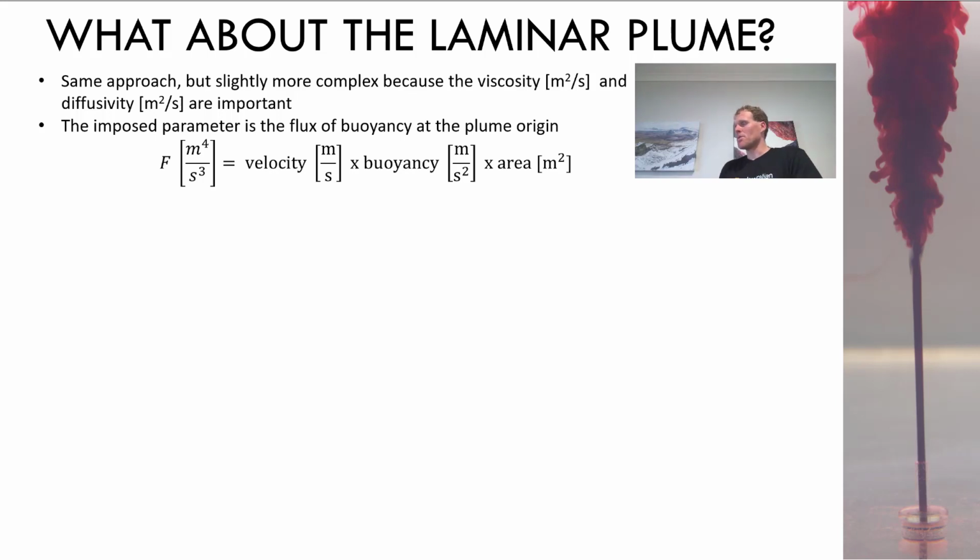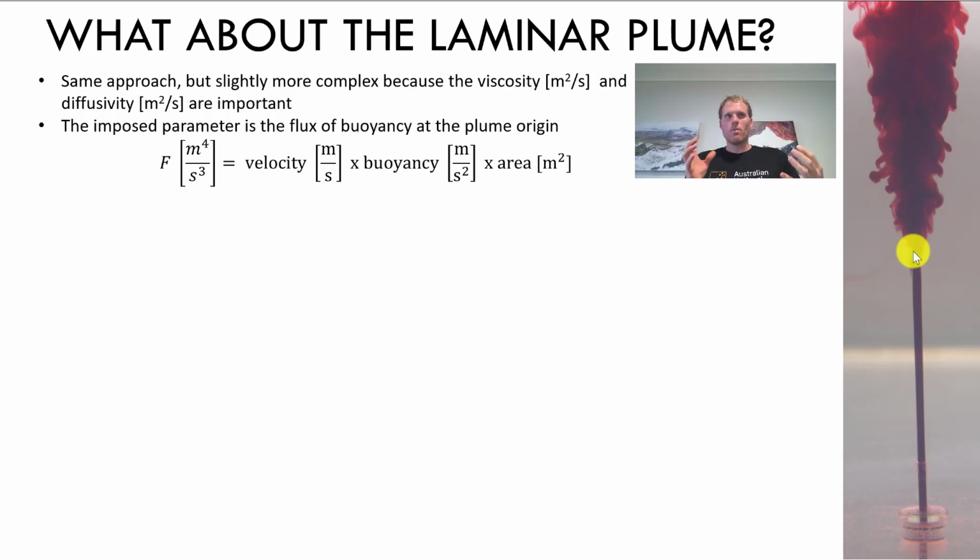Okay, but that's the turbulent plume. So that turbulent plume only started at height after the flow reached a particular strength. What about the laminar plume that started at the nozzle and persisted for some time until the turbulence was triggered? So you can apply a similar dimensional approach to solve this problem, but it's a little more